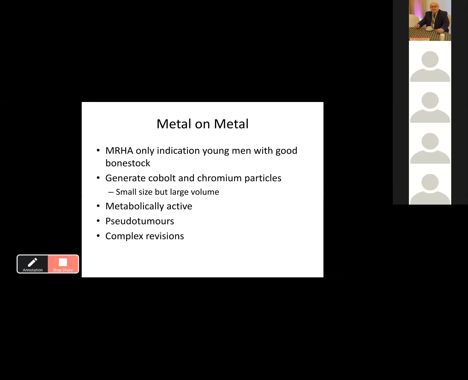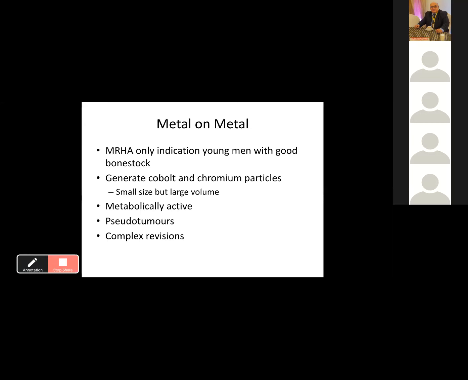If we look then at metal on metal, there is only one indication in the UK that the MHRA will let us use it in, and that's young men with good bone stock. I think this was the only ever indication, but the problem with metal on metals is we started to use them in everyone with any condition, and it particularly failed in those small women with small bone stock. What it does is it generates cobalt and chromium particles, and these are biologically active. So although they're small in size, you get a large volume of these, and because they're metabolically active,